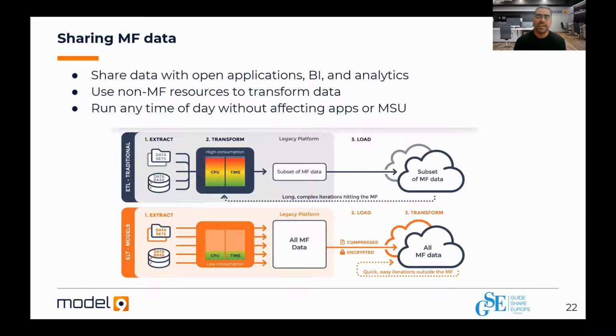So once we have that in mind, let's talk a little bit about sharing data with other applications outside the mainframe. Today, using ETL processes consumes a lot of CPU on the mainframe and a lot of time. It's complicated, and you have to do all the transformation on the mainframe side. So getting those VSAMs flattened out somehow to a CSV on the mainframe and then sending it out, or using different ETL tools that do that as well on the mainframe.